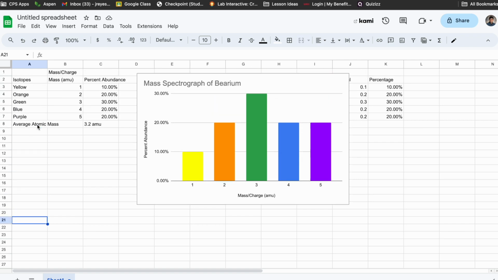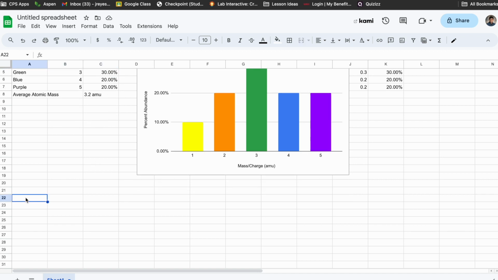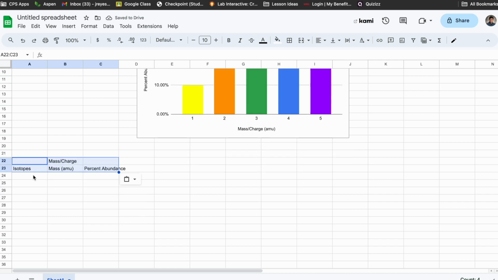So what we want to do this for, and I'm just going to copy these over just so I don't have to write them again. And what I'm going to do is I'm going to write in the isotopes of magnesium. Again, this was from our last video. This was magnesium. Magnesium has 3 isotopes. Not everything has the same number of isotopes. Some things only have 1 isotope, some things have 2, some things have 3 isotopes, 5 isotopes, 7 isotopes. The numbers can vary, and so the total will depend on how many isotopes there are,